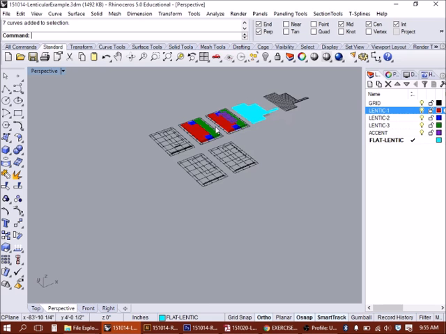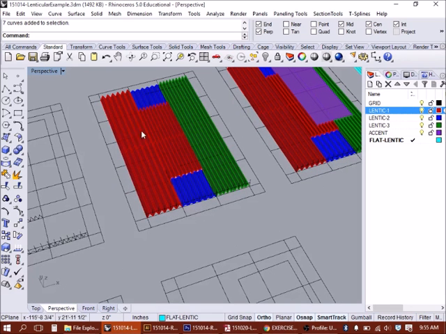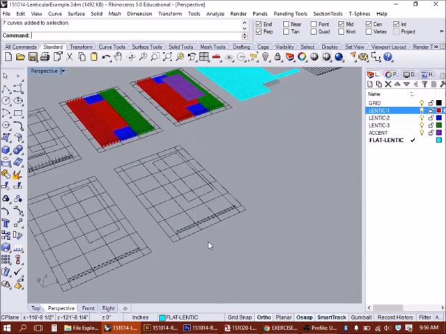The other additional lenticular layers is where I would have more than one pair of images. And so the red here would be one pair of images, the blue would be another pair of images, the green is a third pair of images. So just as an example, it could be a little bit more complex if you want to go above and beyond. But at the baseline,